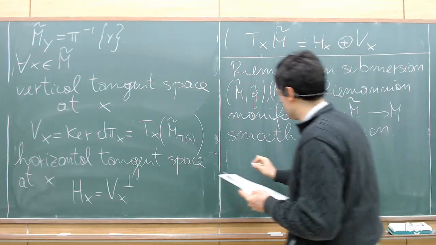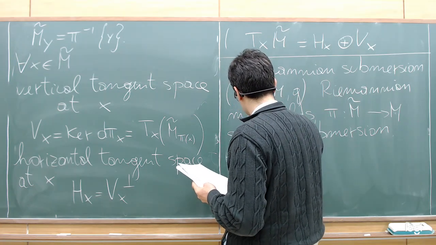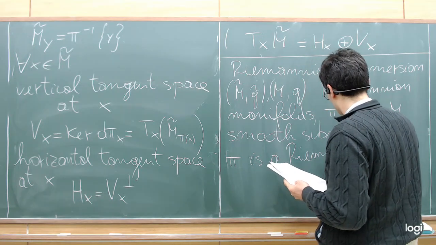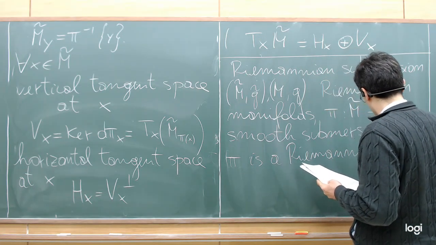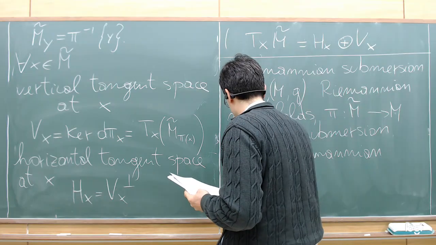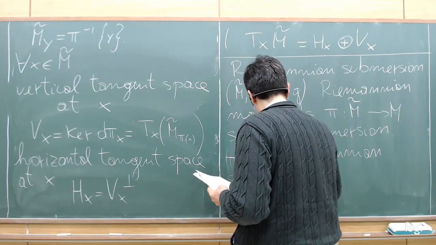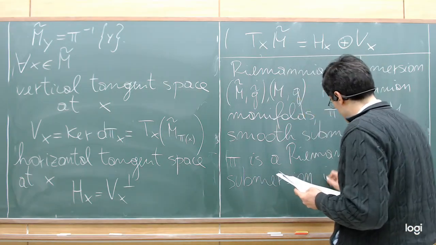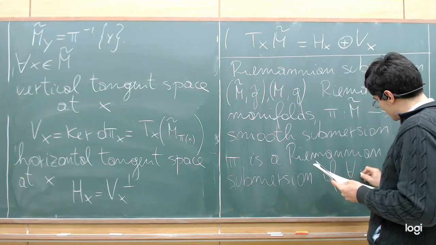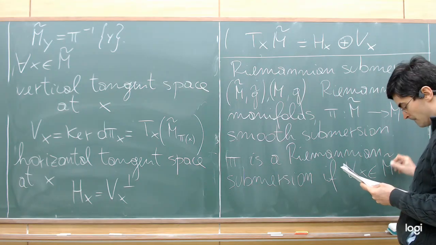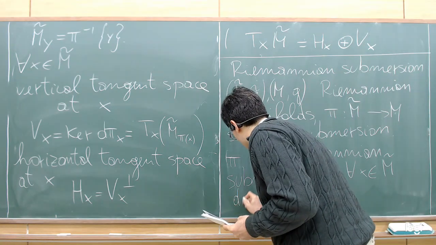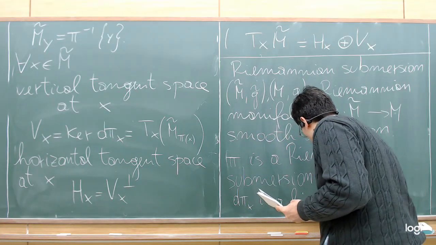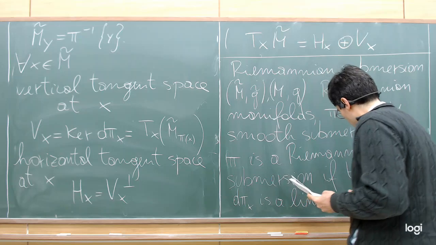We say that pi is a Riemannian submersion if for any x in M tilde, d pi x is a linear isometry